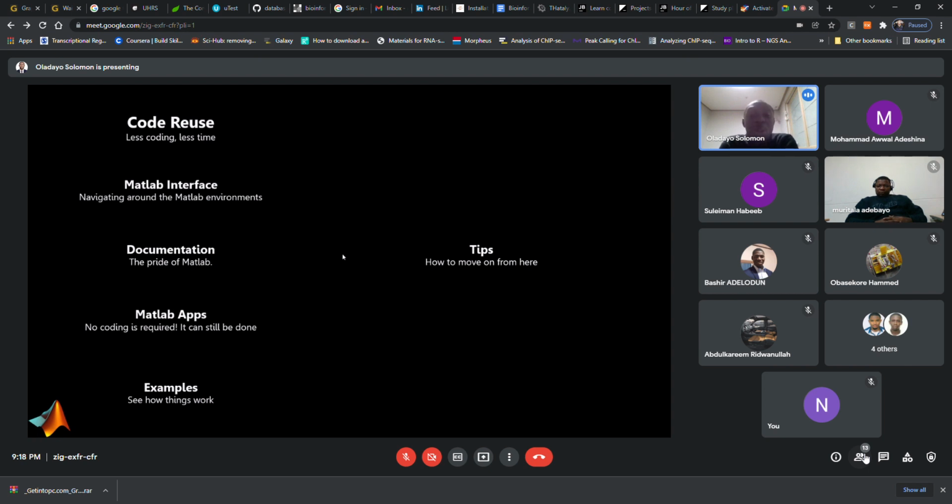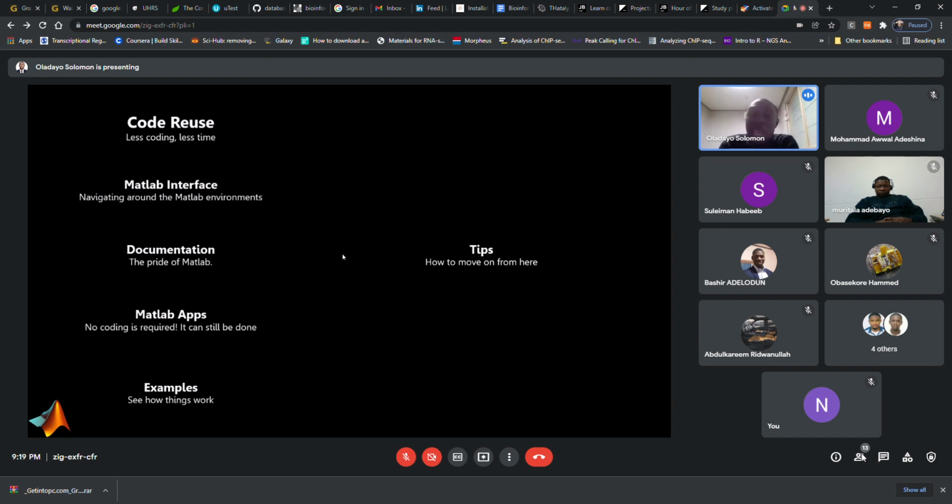And secondly, also have in mind that MATLAB is trying so much to hide the low-level implementation of a lot of things from people, such that even if you don't have a full knowledge of programming and other things, you can still use MATLAB to do a lot of things that other people will have to rely on codes to do. So now the next thing I want to do is to just quickly show us the